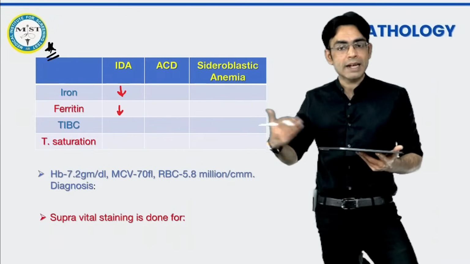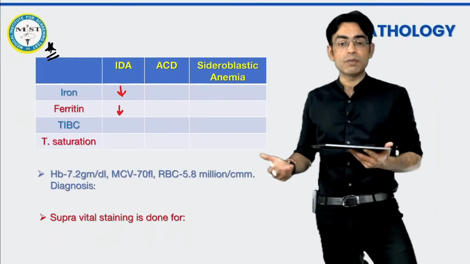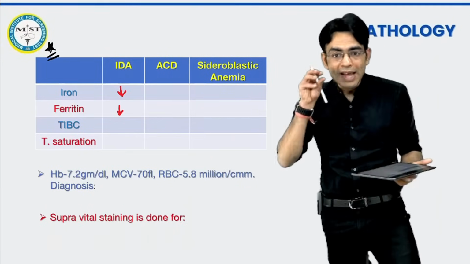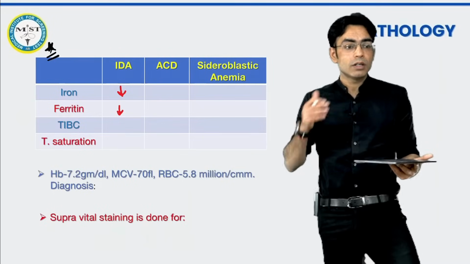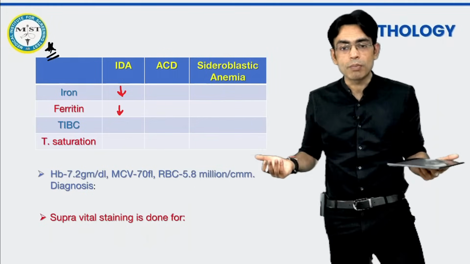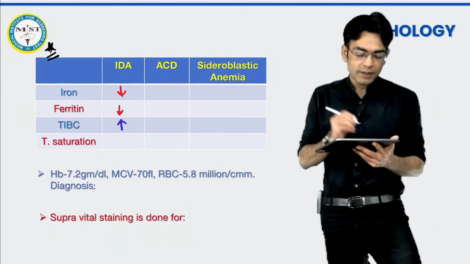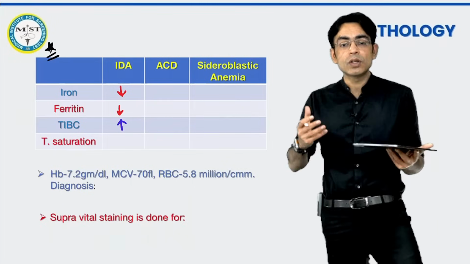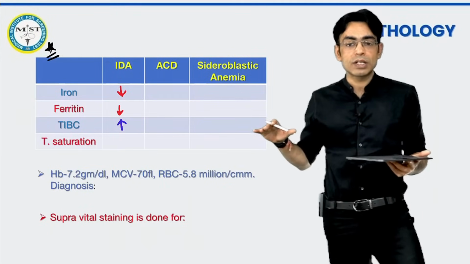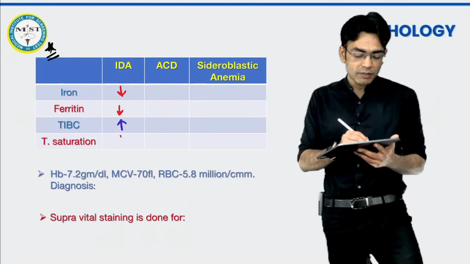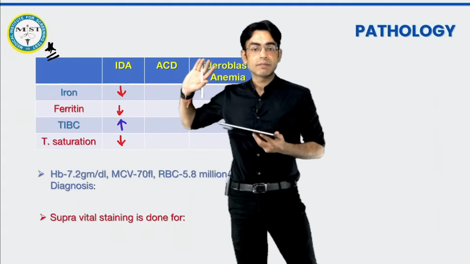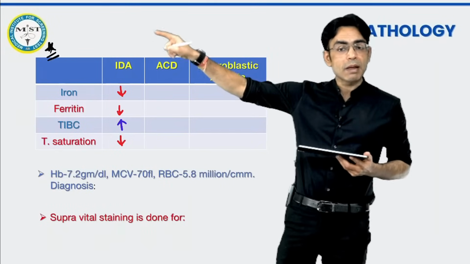The iron and the total iron, the stored iron. TIBC, capacity of transferrin. When you do not have the iron in the body, the transferrin will have more empty areas. No iron is going and sitting over it. So the capacity of transferrin to go and bind with the iron becomes more because there are more empty sites. So ये बढ़ जाता है. And if there are no iron molecules sitting on the transferrin molecule, obviously the saturation, the filled area over the transferrin, becomes less. So in iron deficiency anemia, everything decreases except TIBC. TIBC को छोड़ के in iron deficiency anemia में सब कम हो जाता है.